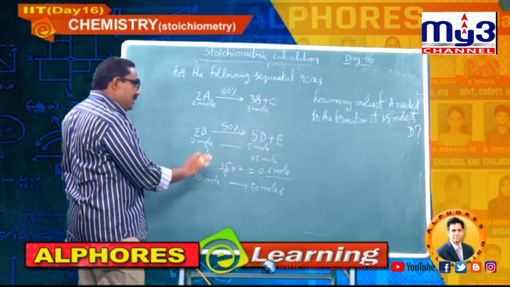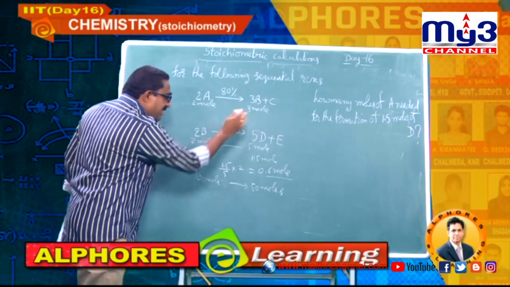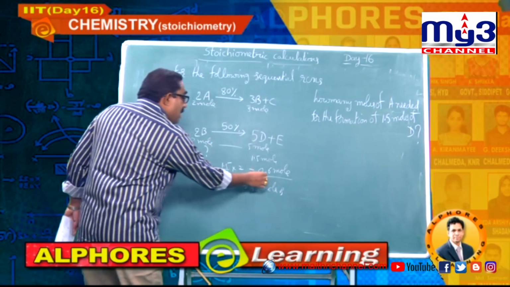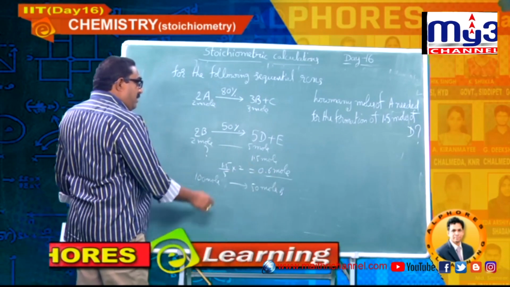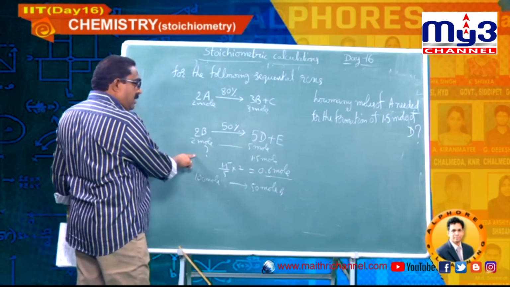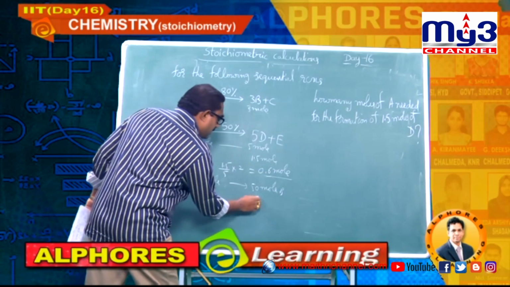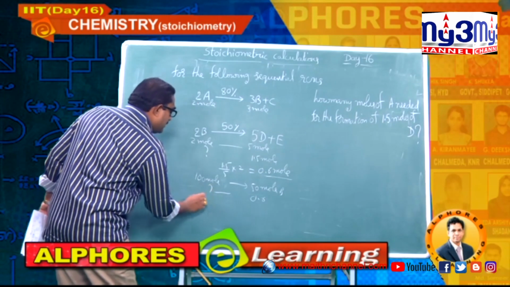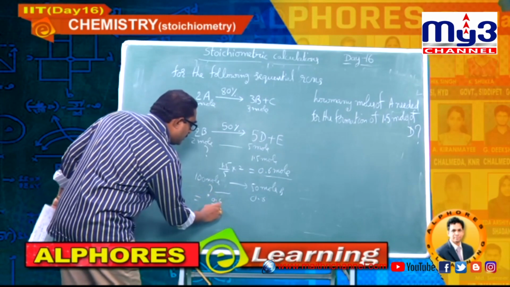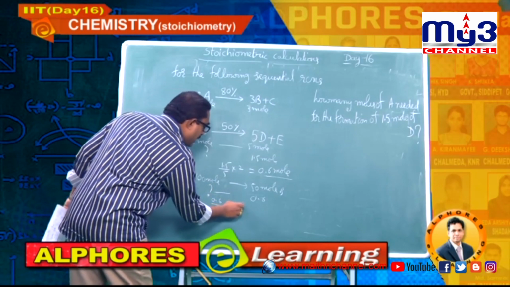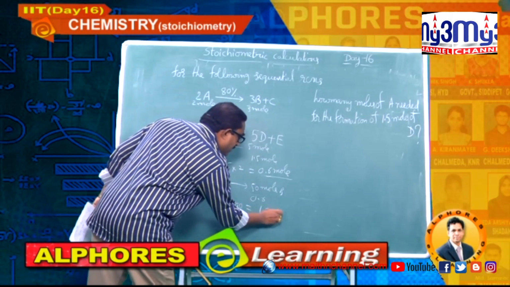100 moles will possess only 50 moles, only 50% is the reaction undergoing. So 0.6 moles B should be there for this. So how many moles do I have to take? 0.6 given by how much? 0.6 by 50 into 100, that is 1.2 mole.